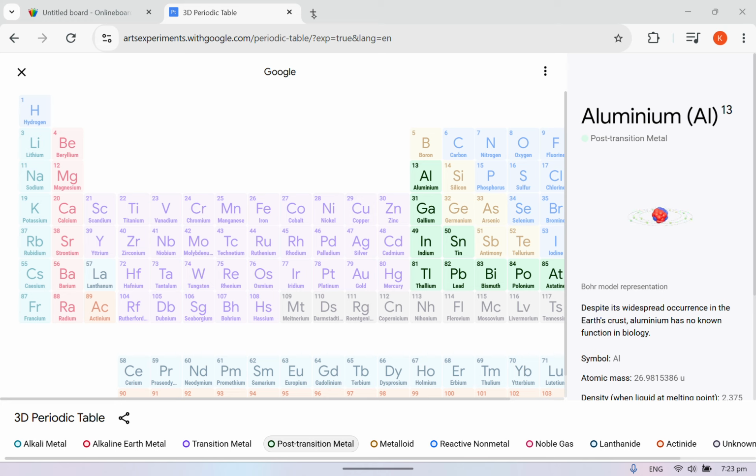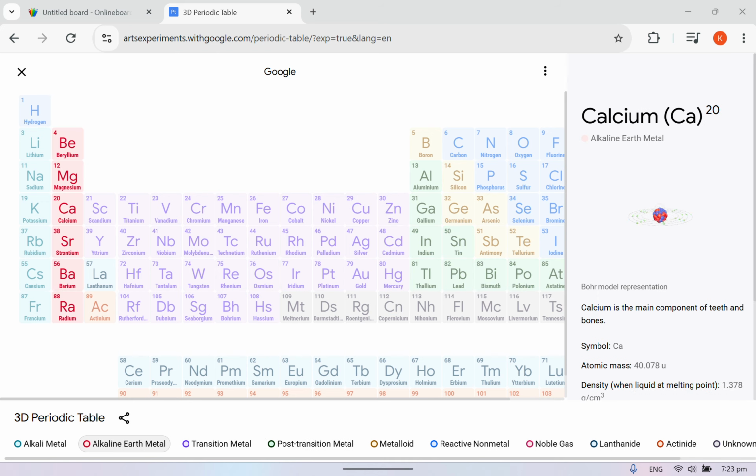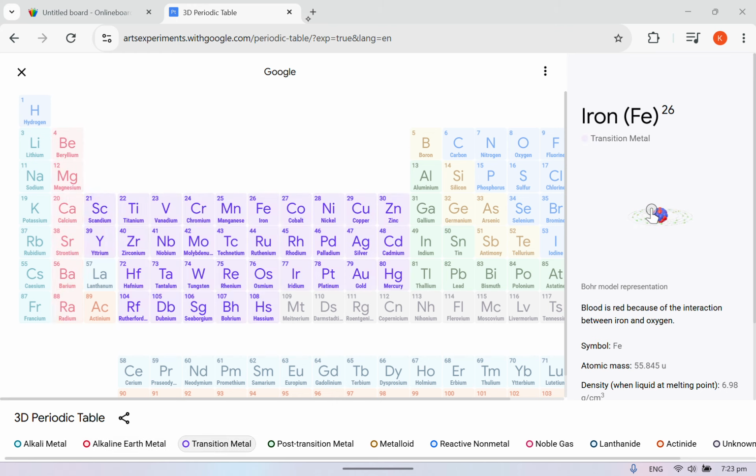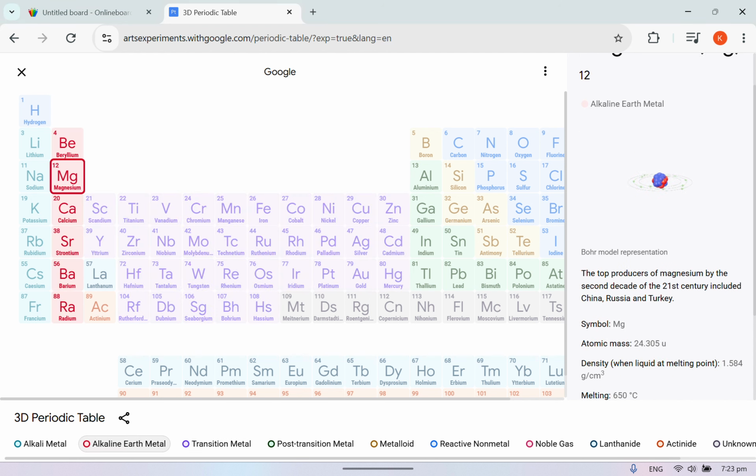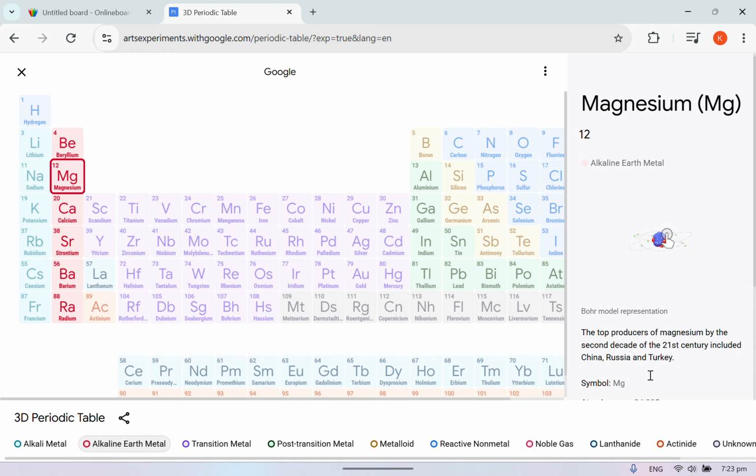Aluminum, Al, physical state at room temperature and pressure is a solid. Next one, calcium, which is Ca, it is also solid at room temperature and pressure. Iron, and you will probably think that iron is actually Ir, but it's actually not Ir, it's actually Fe. Okay, it's also a solid at room temperature and pressure. Magnesium, Mg, which is solid at room temperature and pressure, you can see melting point 650 degrees Celsius, which basically means that until it reaches something beyond 650 degrees Celsius, it will literally just be a solid. Okay, forever. It will just stay there, as a solid.